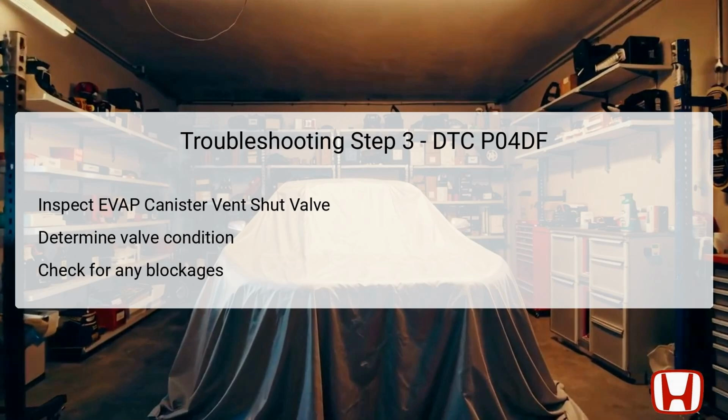The final inspection step focuses on the EVAP canister vent shut valve, an essential component for the proper function of the EVAP system. Similar to the previous step, conduct an inspection to determine whether this valve is also stuck or blocked. The vent shut valve is designed to prevent vapor escape. If it is immobilized, it can lead to excessive pressure buildup in the EVAP system, thus causing the P04DF DTC